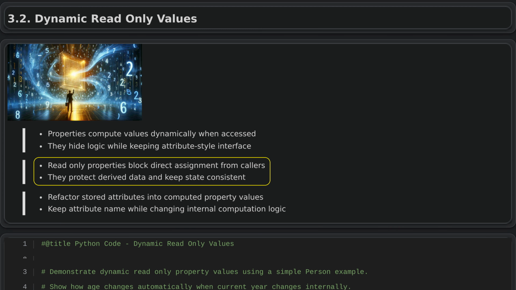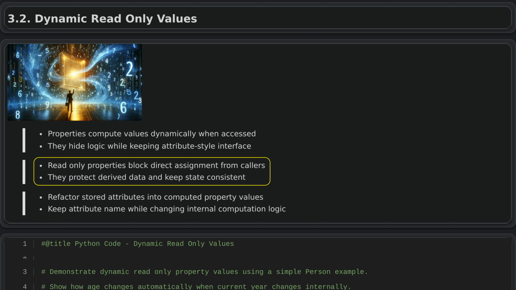Read-only properties let you access an attribute without changing it directly, which helps protect data integrity. If you try to modify a read-only property, the class can either ignore the change or raise an error, depending on how it is designed. This is important for keeping data consistent, such as making sure a delivery status in a shipping app matches real timestamps and events instead of arbitrary edits. By keeping the property read-only, its value only updates when the underlying data changes, giving you a stable, predictable, and